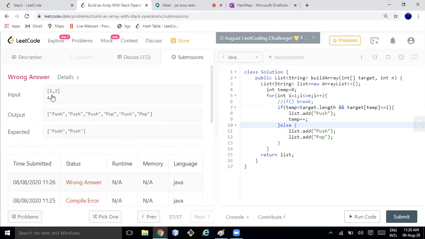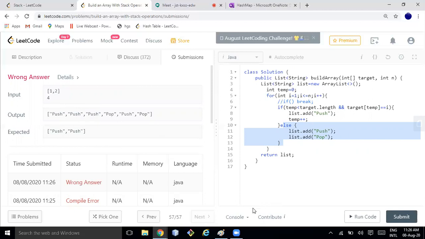And for this particular condition 1 to 4, again it starts writing push pop, but that is not needed. If it has already reached the target, then no need to add. And this is the only particular case for which this block will execute, and for this scenario this will throw an error.